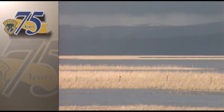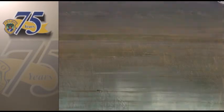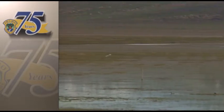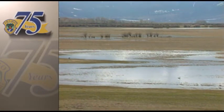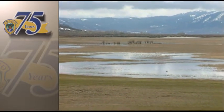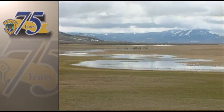Despite the mixed results of the whooping crane experiment, it did provide an opportunity to bring the wonders of Grays Lake to the attention of the bird-watching public. And more important, it once more reinforced the premise of preservation initiated by President Teddy Roosevelt when he created the National Wildlife Refuge system. I think that it's absolutely critical that you maintain places like Grays Lake for wildlife, and